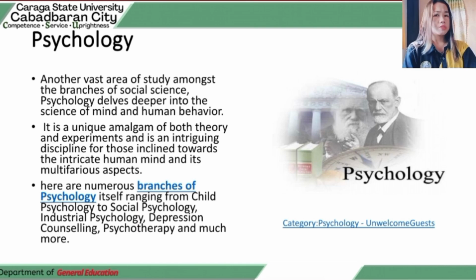So child psychology is the study of children's behavior and mentality, which is the main focus of child psychology. Children's psychology focuses on their physical, mental, emotional, and social development. Child psychology is one of the most complex branches of psychology. Industrial psychology applies certain psychological principles to a sector and is classified as applied psychology. It aims mainly at improving the well-being of an organization.